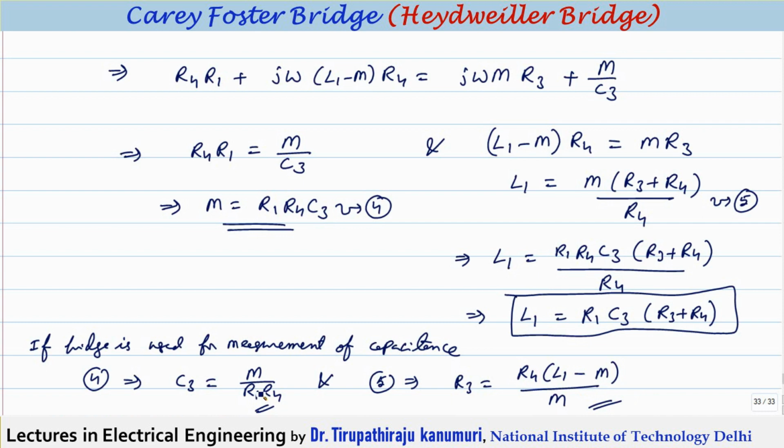In this way, we can calculate the value of the capacitance C3, and R3 will be the loss component of this capacitor. If it is a proper capacitor, we will connect one resistor R3 in series with the capacitor. If you are measuring inductance, that means mutual inductance as well as the self inductance of the coil. And if you want to measure the value of the capacitance, it is a capacitor only. This R3 indicates the value of the loss component of this capacitor. What is the loss component of the capacitor? That we have already discussed in the measurement of capacitor topics.